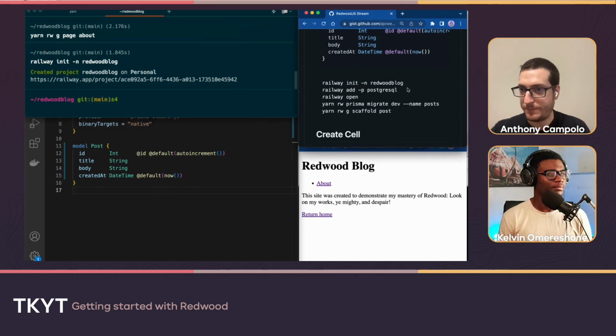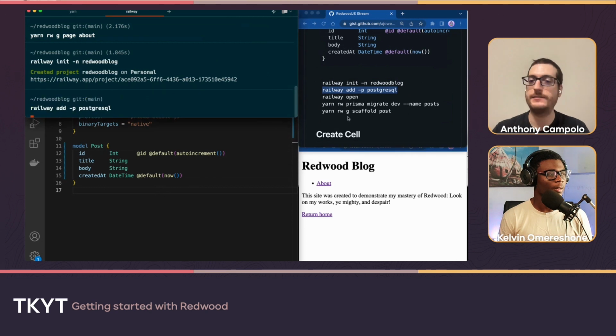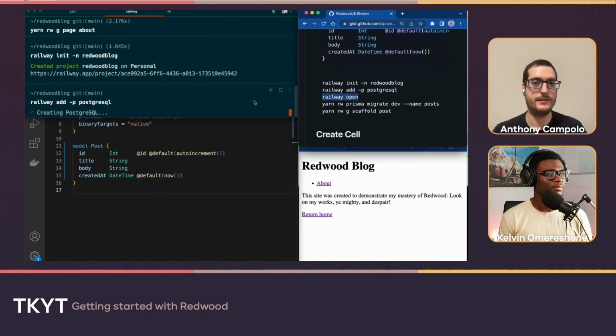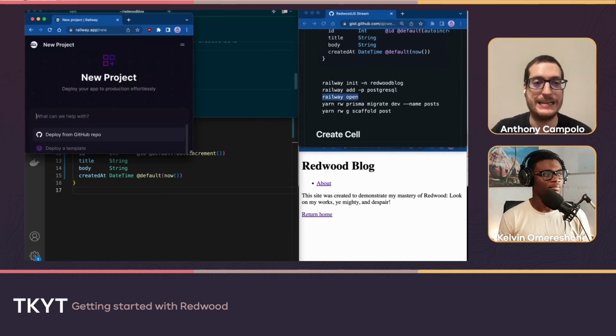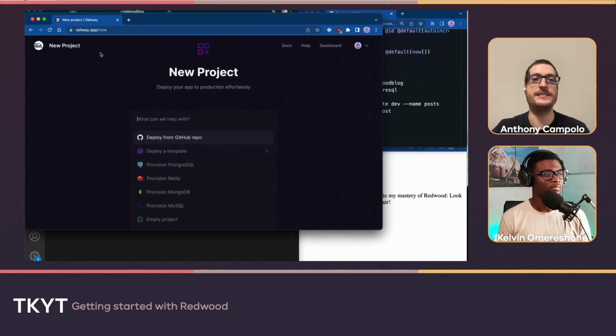I'm going to run some commands here with the Railway CLI. This is going to initiate a project and then slap Postgres on the end. One of the things I like about Railway is that you can spin up projects extremely quickly. And if you so desire, you can do this without even creating an account. If you just go to dev.new or railway.app/new, even if I was logged out right now, I could still generate a Postgres database and get a connection string.